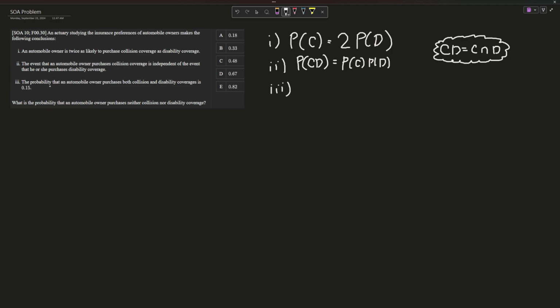And 3 states the probability that an automobile owner purchases both collision and disability coverage is 0.15. So the probability of CD is equal to 0.15. What's the probability that an automobile owner purchased neither collision nor disability? So we're trying to find that right there. Or if we were to put it in a Venn diagram format,